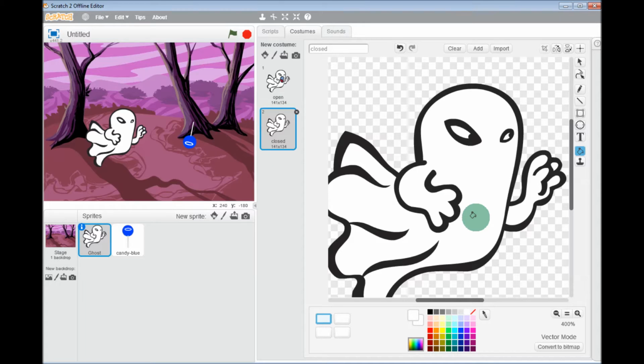Okay, so next I'm going to come back down to the pickup color, and I'm going to click on the black in his eye because I want the black that I use to be the exact same color as the rest there. I'm going to come up to the pencil, and I'm just going to draw a mouth that's closed,